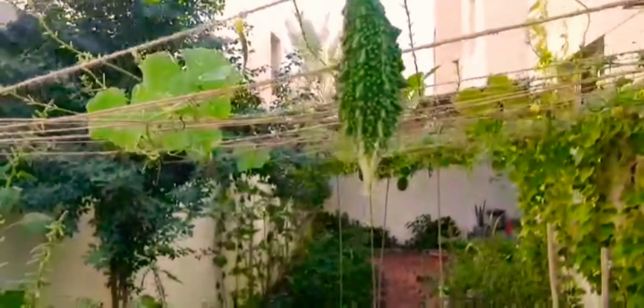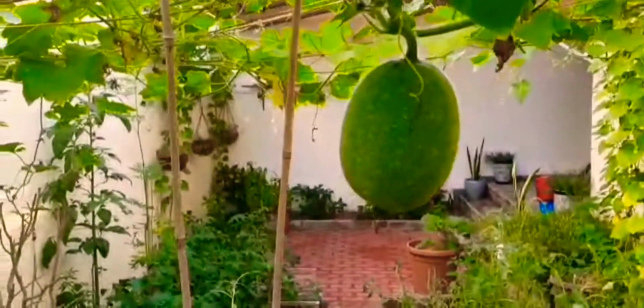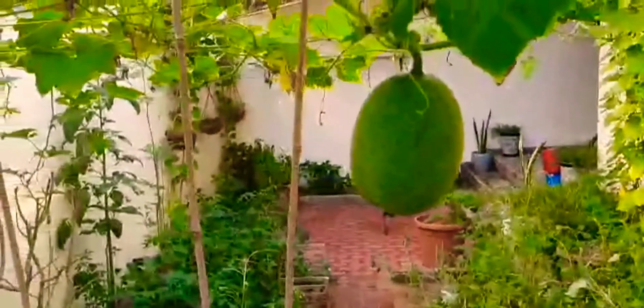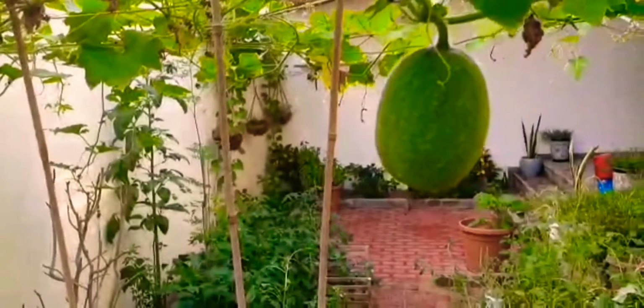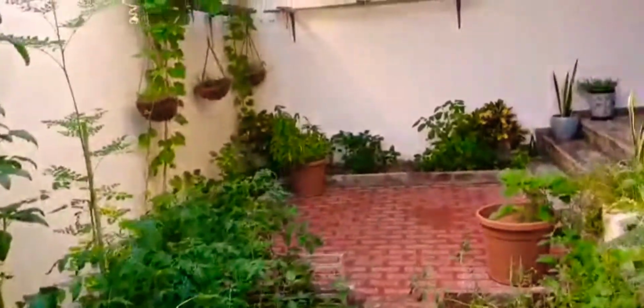So the first beauty here is this bitter gourd, okay, and we have already done some harvest, but it keeps on coming up, and I think it goes on for 3-4 months. This is ridge gourd, and then you have some more pavakkai, and then pusani. It climbed with the support of the other structures. So I've given a lot of support so that it doesn't bring the pandal down. We have already harvested 2. We have done harvest of ridge gourd also. We have harvested pavakkai. That actually supplies our vegetable needs almost on a daily basis, because